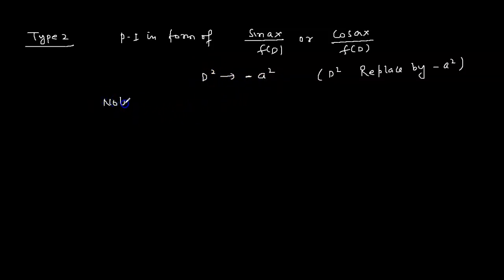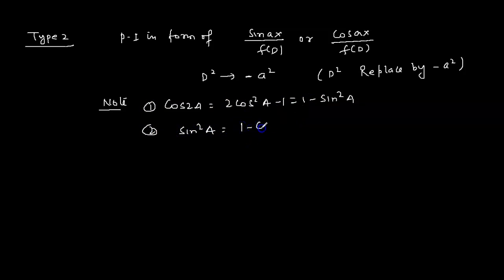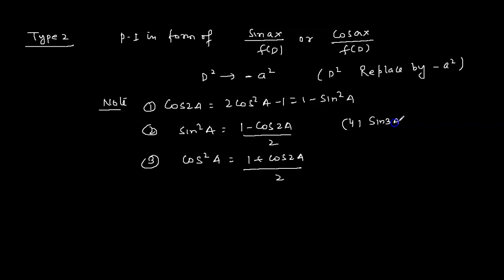Here the question can come like all the sine square value formulas. Cos 2a is equal to 2 cos square a minus 1. I have already told you this is important; it will come everywhere. Like if the question comes with sine square a on the right hand side, we can write it in compound angle as 1 minus cos 2a by 2. Cos square comes here, so we can write 1 plus cos 2a by 2. Here sine cube is given. You can write sin 3a is equal to 3 sin a minus 4 sin cube a. All the basic trigonometric formulas can come in questions.